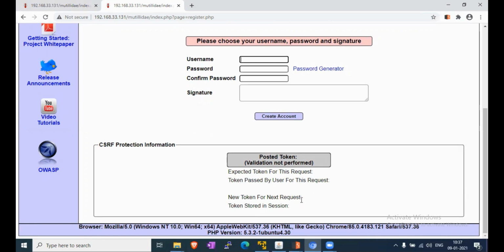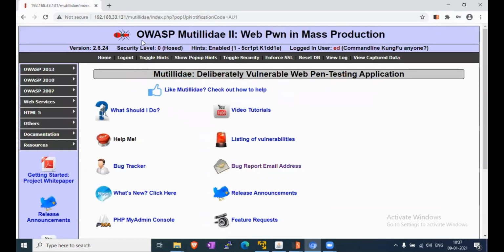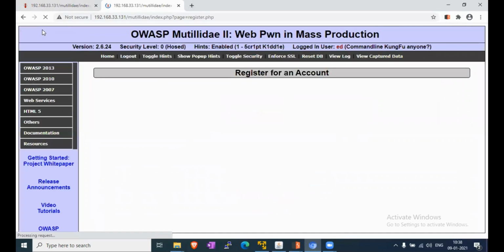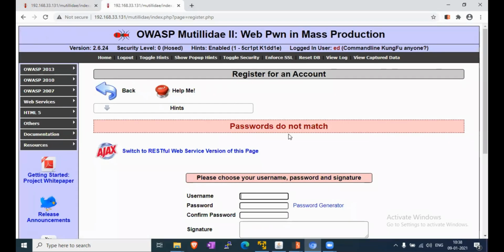New token, new session started. We will open that again. Submit the request. Password does not match.